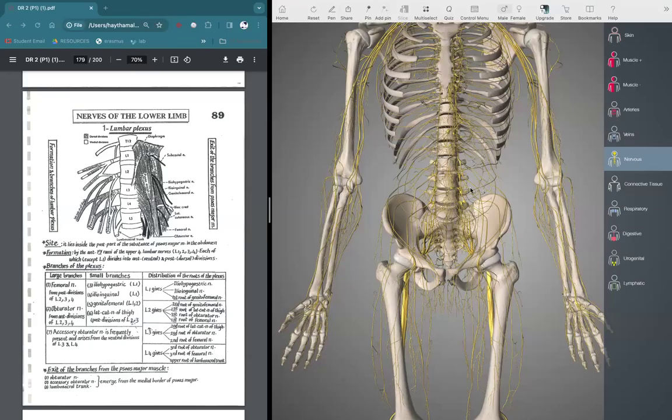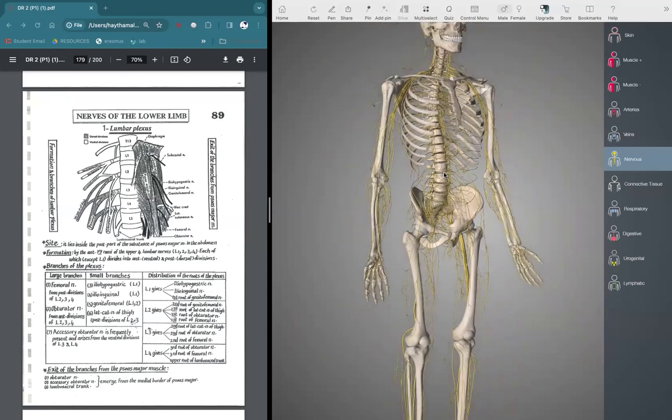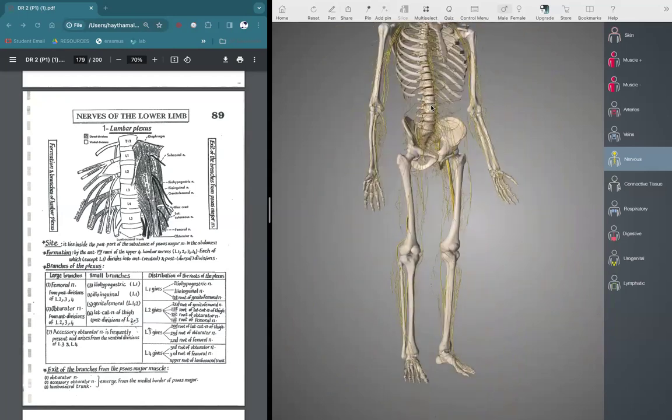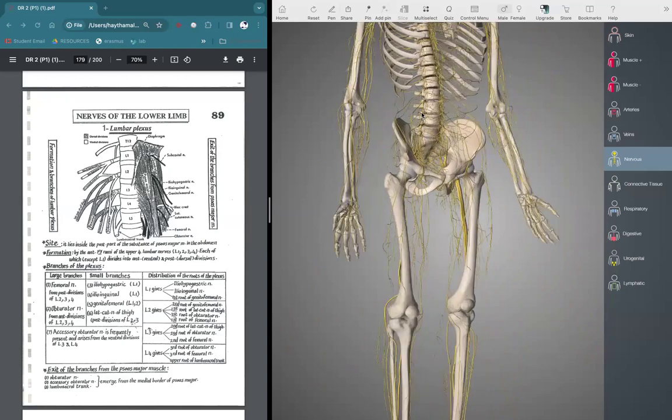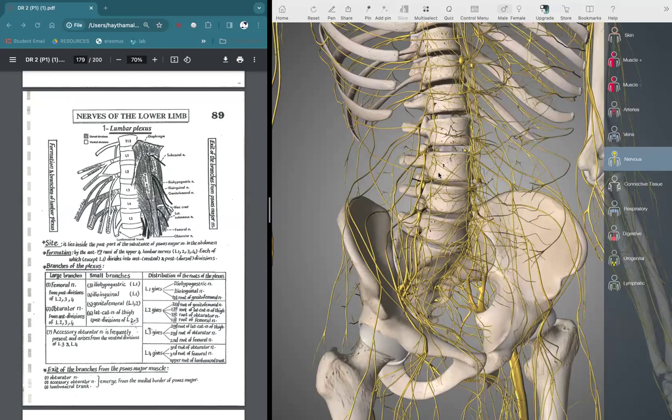So the lumbar plexus in general is a form of structure that exists near your lumbar vertebrae, and it arises from the spinal cord. It gives rise to all of the nerves that supply the lower limb, whether for muscles or skin. So anything that you see here arises from the lumbar plexus. To go into the lumbar plexus, the first thing we have to know is that